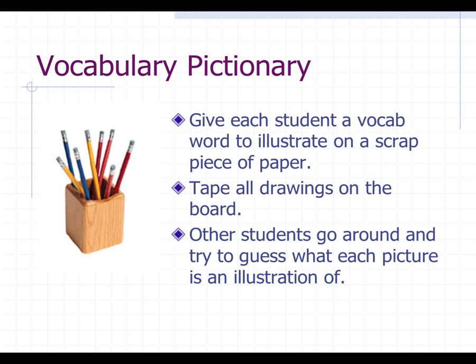And then a variation of this is to give groups of students a sentence to illustrate. So what you do is you have some silly sentences, and you have 2 or 3 kids think about the sentence and then come up with a way to illustrate it. And then you pass the illustration without the sentence to another team, and then have them try to write a sentence that's a caption for the picture. And then you see how closely the 2 sentences match each other.